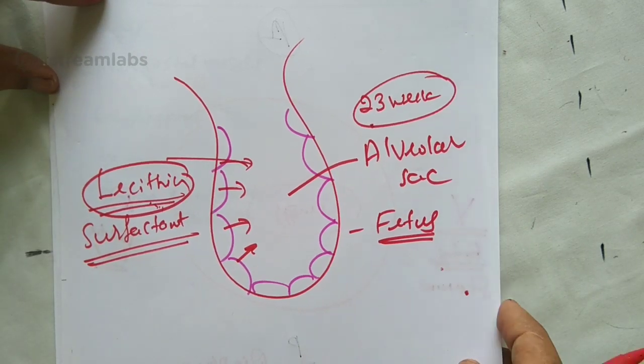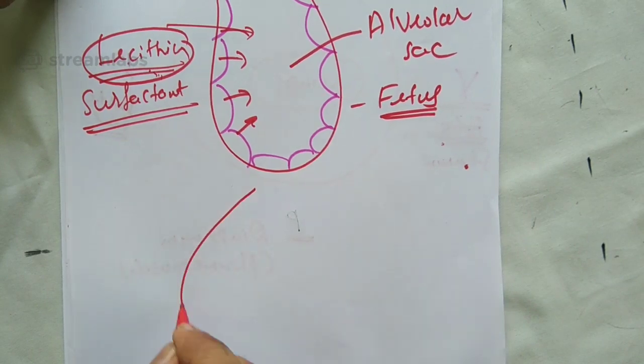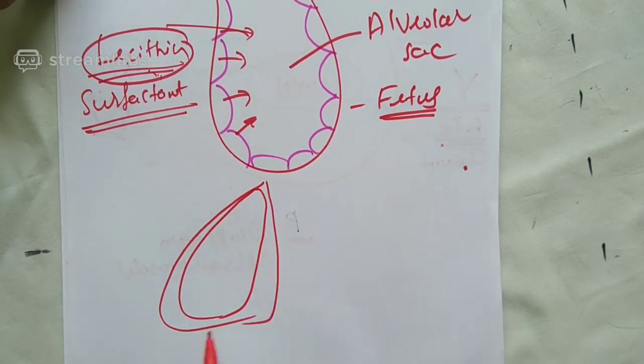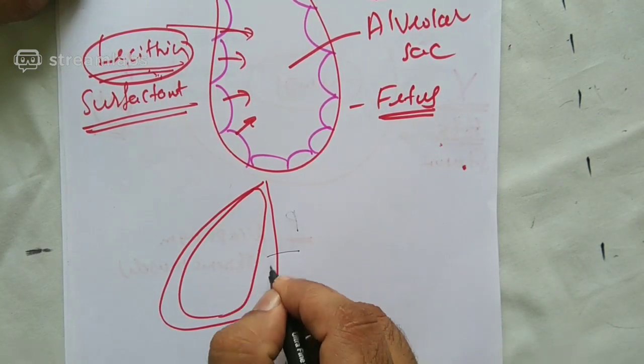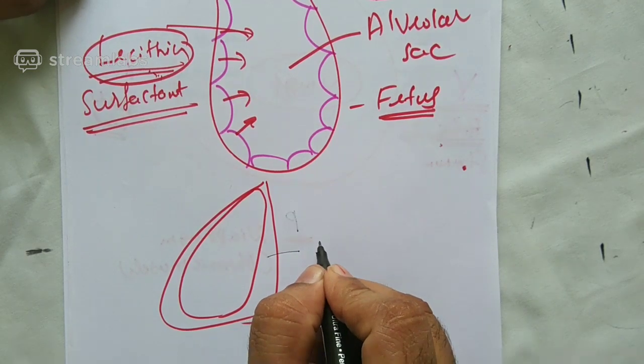What are the remaining things? Let me explain that. See here. This is the lungs. Friends, the lungs are covered by the pleural membrane, right? Now, how many pleural membranes? Yes, it's a double pleural membrane which acts as a shock absorber. The pleural membrane has the pleural fluid. The pleural fluid will always have